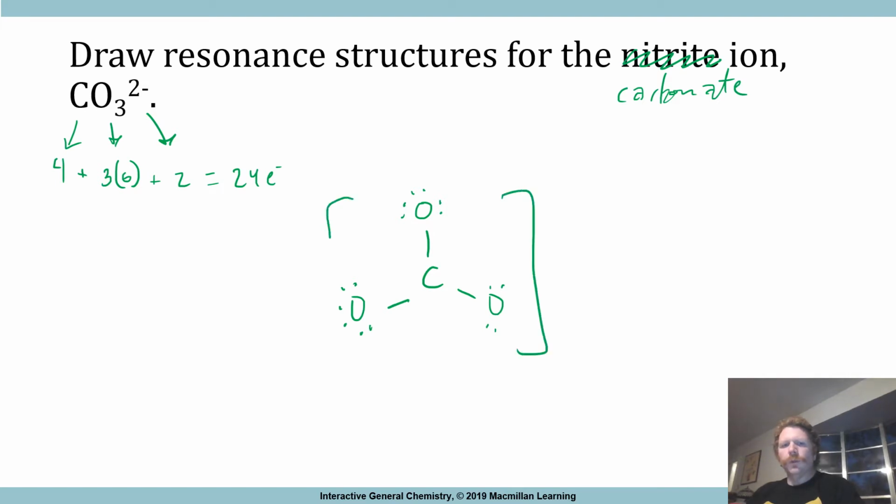Bracket around this whole thing with a 2- charge because it is a polyatomic ion. Fundamental problem with this structure as it is so far, carbon doesn't have a complete octet. How many electrons have I drawn? Well, I've drawn a total of 24 here. To complete my octet, I'd have to add 2 more electrons on my central atom, but that's not going to